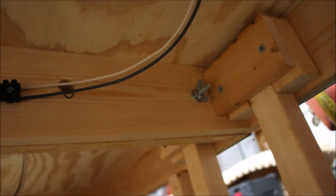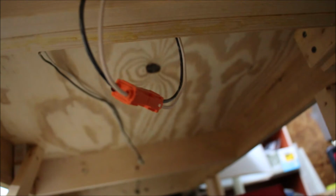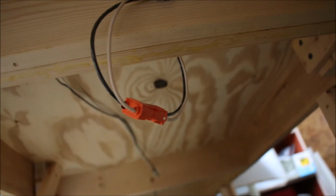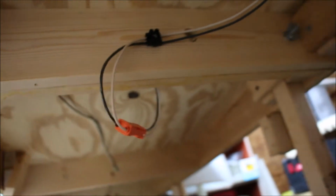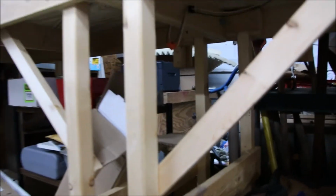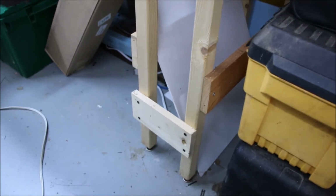And as you can see here, there's the bolt, and right there where the modules are joined together, that's the bus. That's how I connect the bus to each section, just a jumper wire, and that's repeated throughout the layout. Alright, so once I get this leg put in, it just sits in that pocket that I just showed you, and then it's got